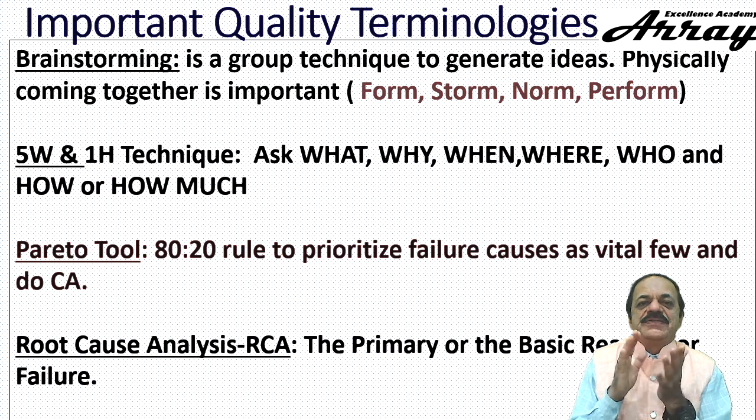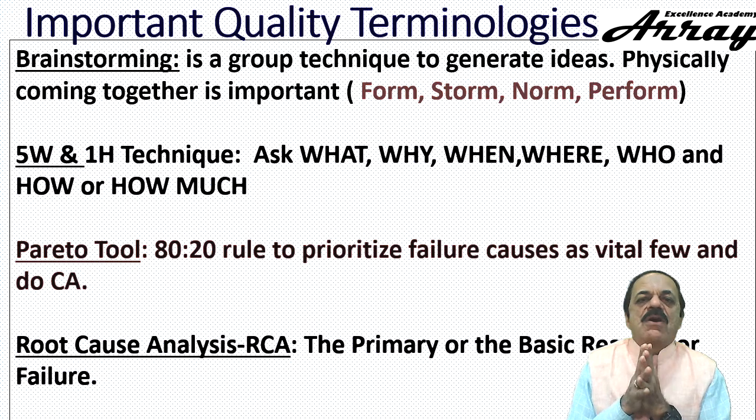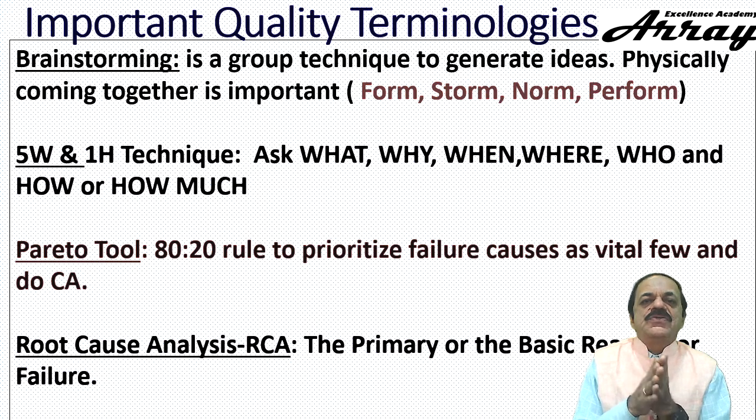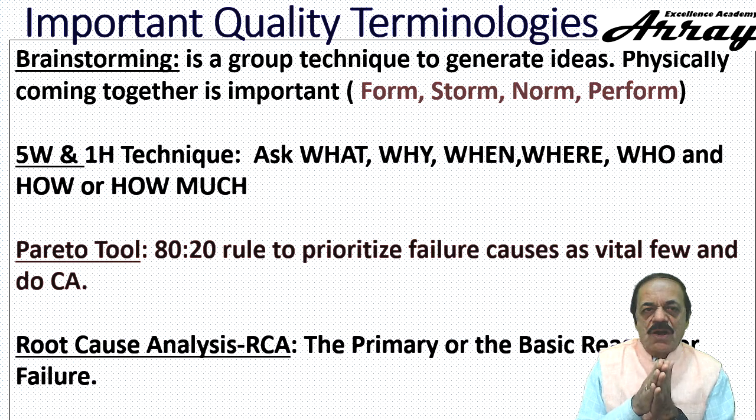First, you should sit in a group, take the problem statement, and do a cause and effect diagram. From the possible causes, you have to validate the real valid causes. Then you have to use your team's knowledge to find out the root cause and come out with corrective action.